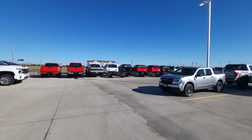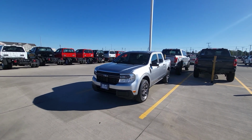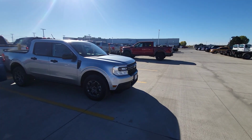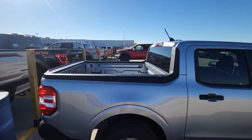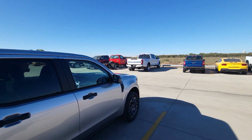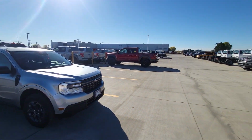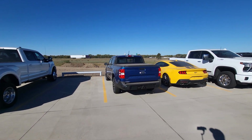Let me go over this one first. We got a Maverick over here. This is an XLT, I believe hybrid, no window sticker on it. So I'm not sure whose this one is. It's already been booked and they got it cleaned off and everything. This one is a non-Lux package, non-Copilot 360. It does have the keypad. So in 23, keypad entry is part of the XLT and the Lariat trim, but in 24 it is not. So if you're expecting that on your build, if you have a 24 ordered, make sure you add the